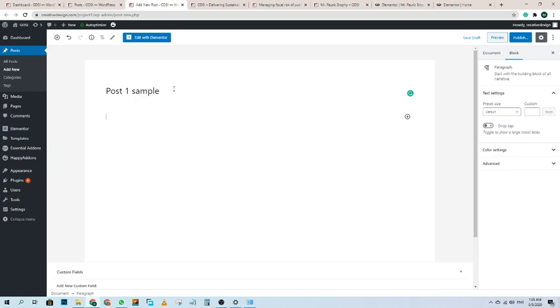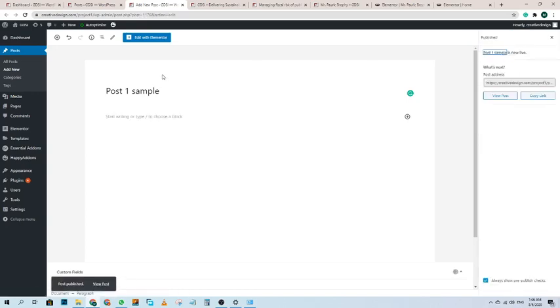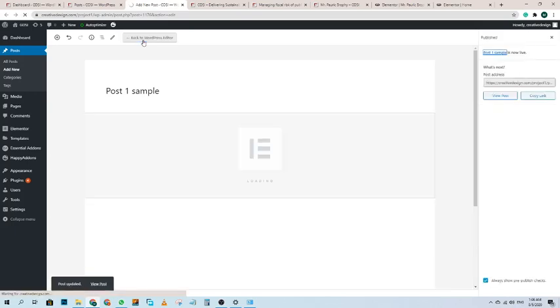You just have to give the heading name and featured image. After that just click on this publish button. After that click on edit with Elementor. As you click on edit with Elementor, you will be redirected to the Elementor page builder.